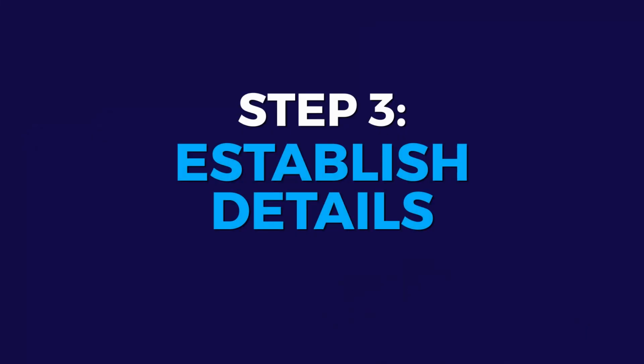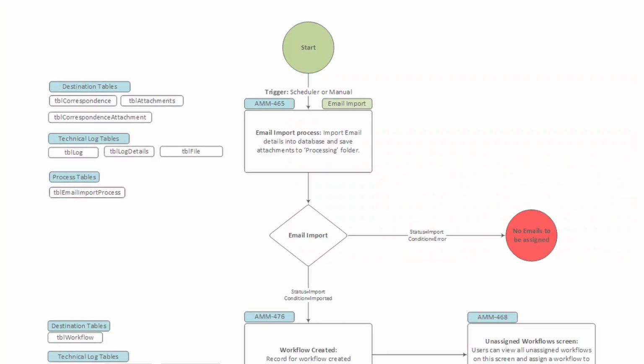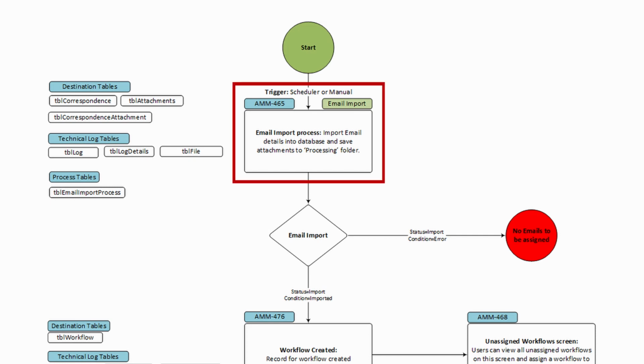Establishing the details. I'm going to put up on the screen a flow diagram that I'll quickly talk through on what we achieved here. If we start at the top of this workflow, we can see where I talked about triggering the manual import. So you can see here there's an import of emails into the system, and it's going to go into a processing folder. There's a bunch of statuses and conditions that we need to do, as well as logging tables to